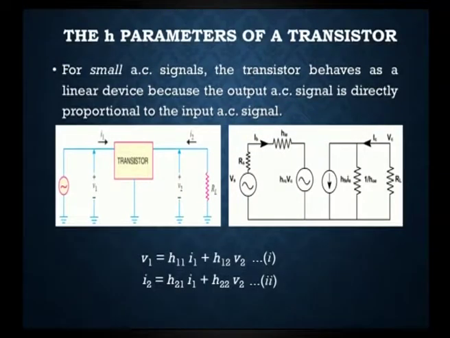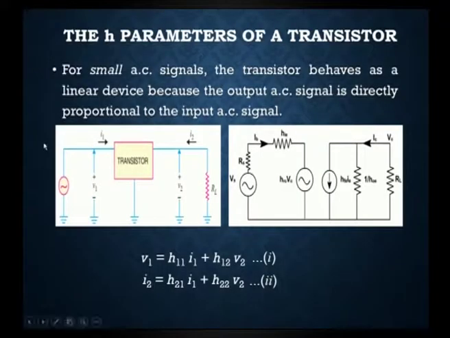Now we are going to study the H parameters of a transistor. Till now we studied a general linear circuit and how to find its H parameters. We need to carry the same concept forward for the transistor, because the transistor we are studying here is a small signal transistor, that is, a transistor circuit which can handle a few voltages, in the range of microvolts to millivolts. This is called a small signal transistor.